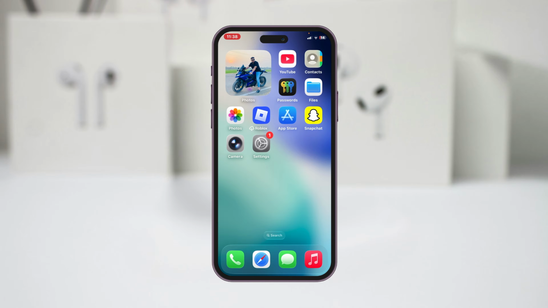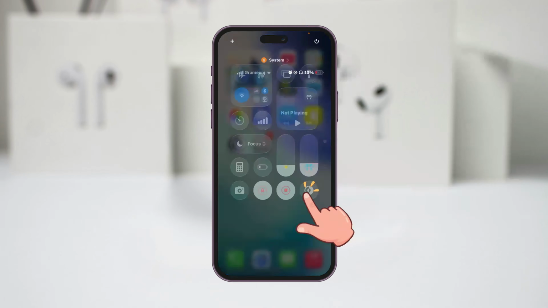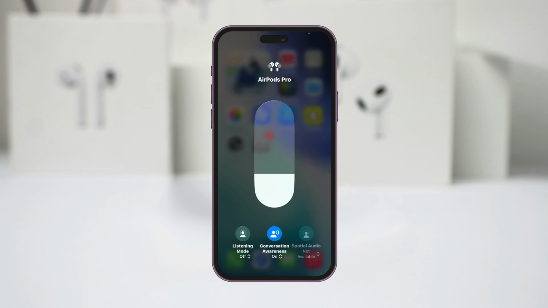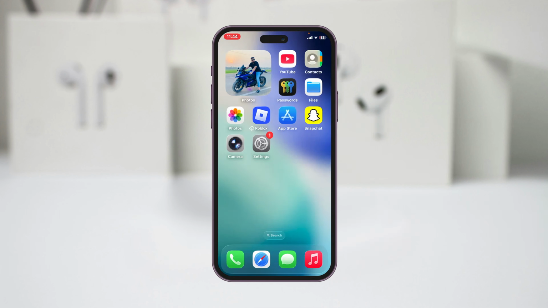In the next process, simply go and swipe down from the very top of your phone and then press and hold the volume slider, and inside this one you'll get to see the noise cancellation. You can tap on this and you can activate the noise cancellation from there as well. But for me, this feature is not available inside this one, but don't worry, there is another way that you can do this process. All you have to do is just go to the settings on your iPhone